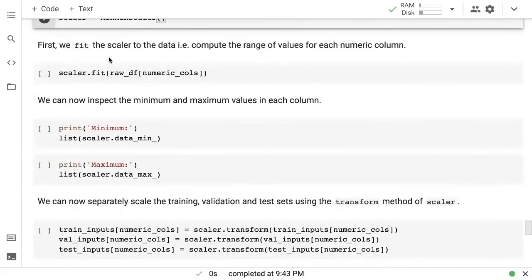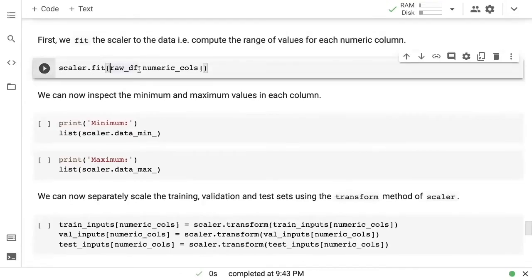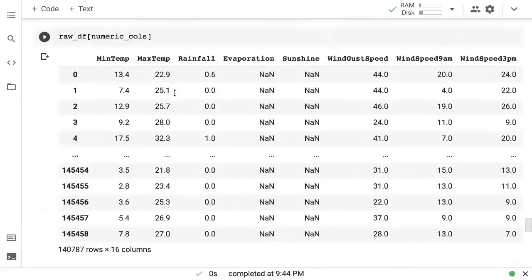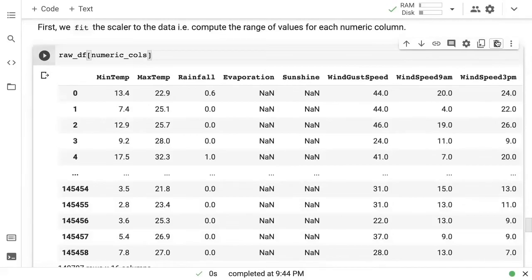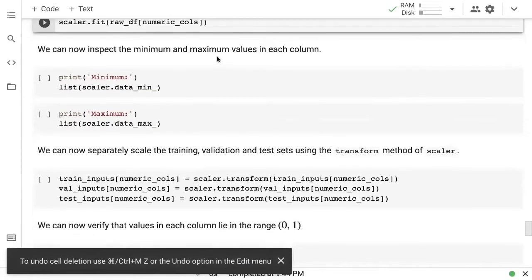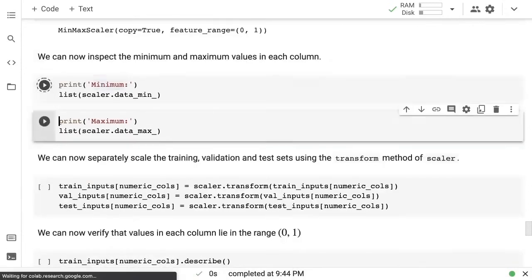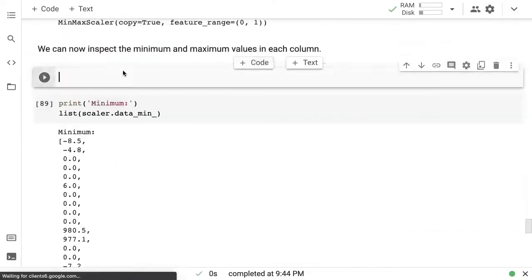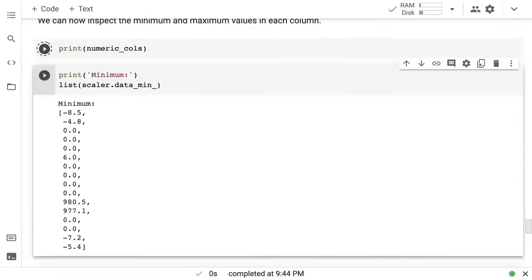First, we fit the scaler to the data. So we compute the range of values for each numeric column. So we say scaler.fit raw_df numeric_cols. What's happening here is it's going to look at each column from raw_df, the entire data frame: min temperature, max temperature, rainfall, evaporation, etc. It's going to look at each column and find the minimum and maximum of each column when we run scaler.fit. So now if we check the data minimum, you can see that for the numeric columns, which are min temp, max